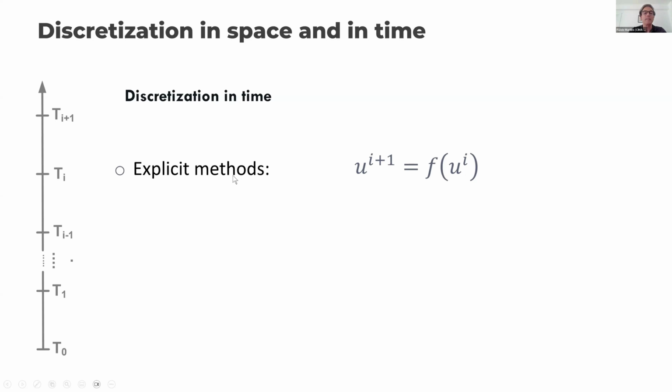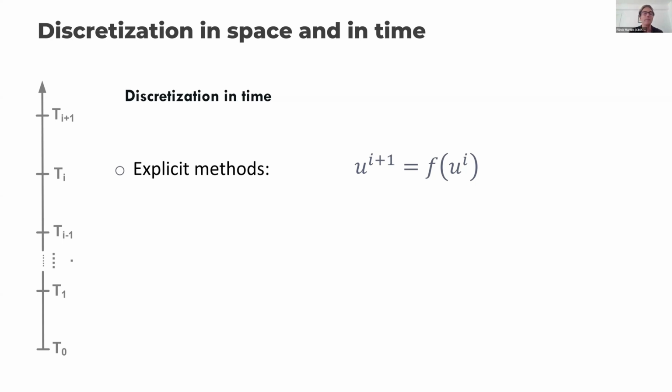So basically in explicit methods, to be safe, we have very, very small time steps, okay? Ti and Ti plus 1 will be very close, which means that the model will do a lot of iterations. So the computations are higher. So we need more computations, you see, because we need to keep the time step small. But the computations are very easy to do. So basically we have many time steps with very fast computations, okay?